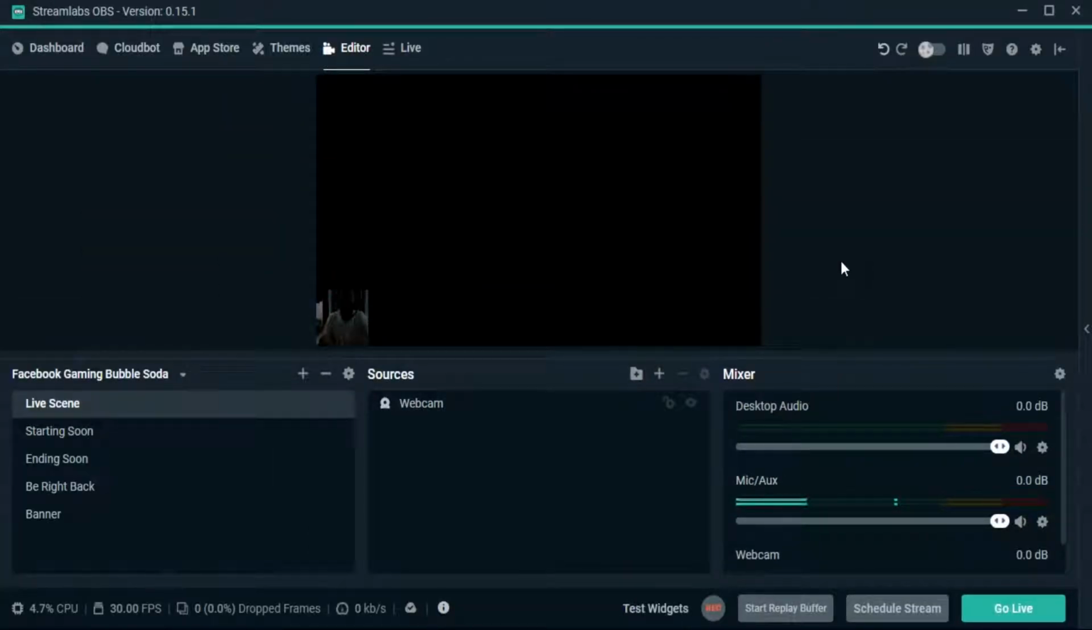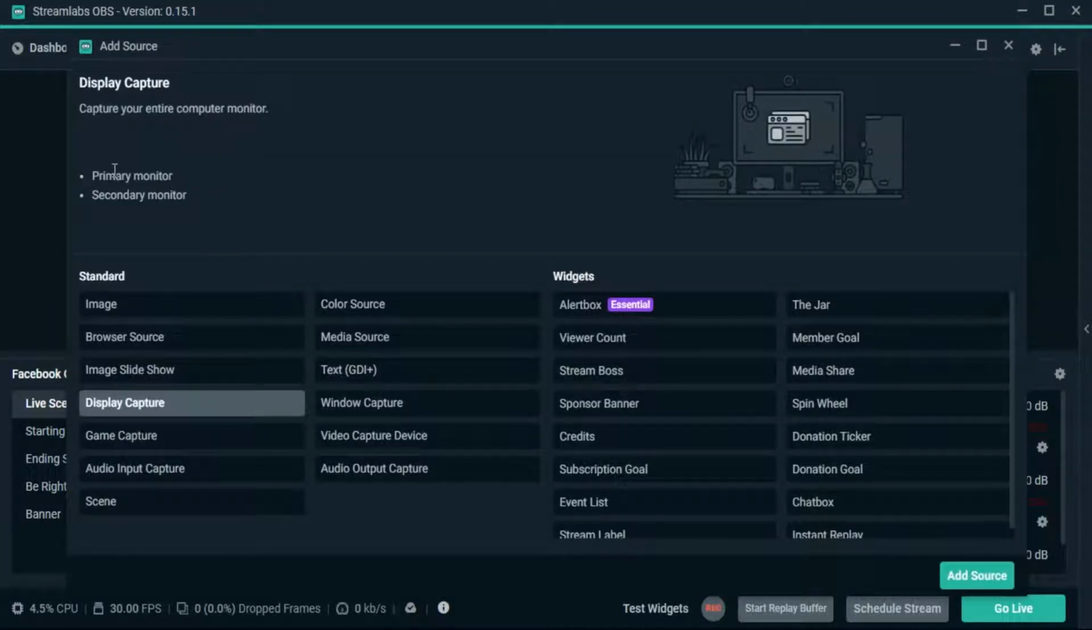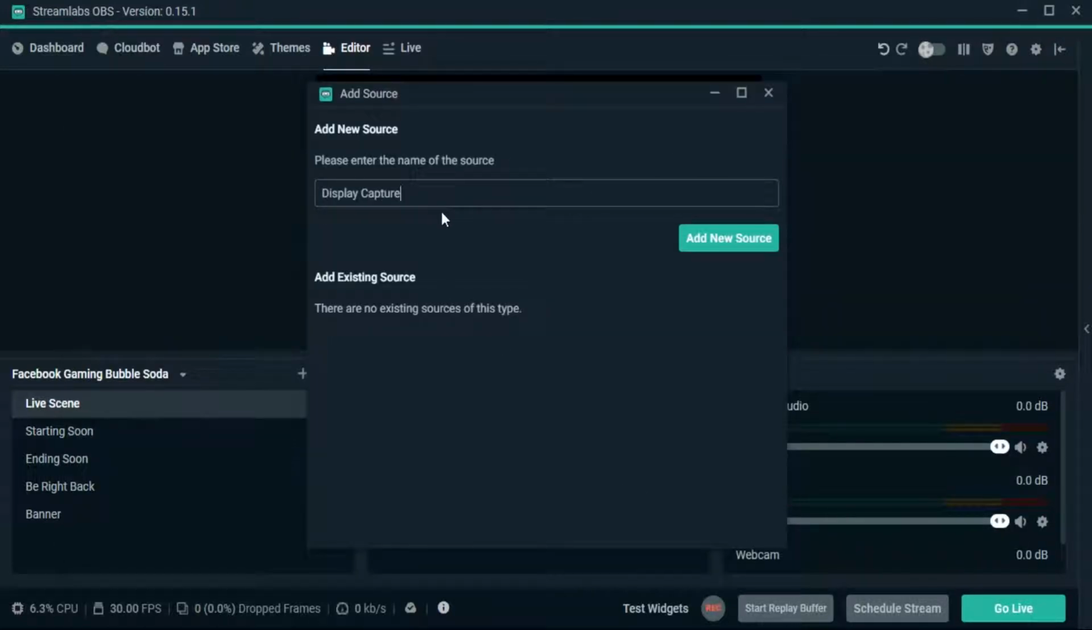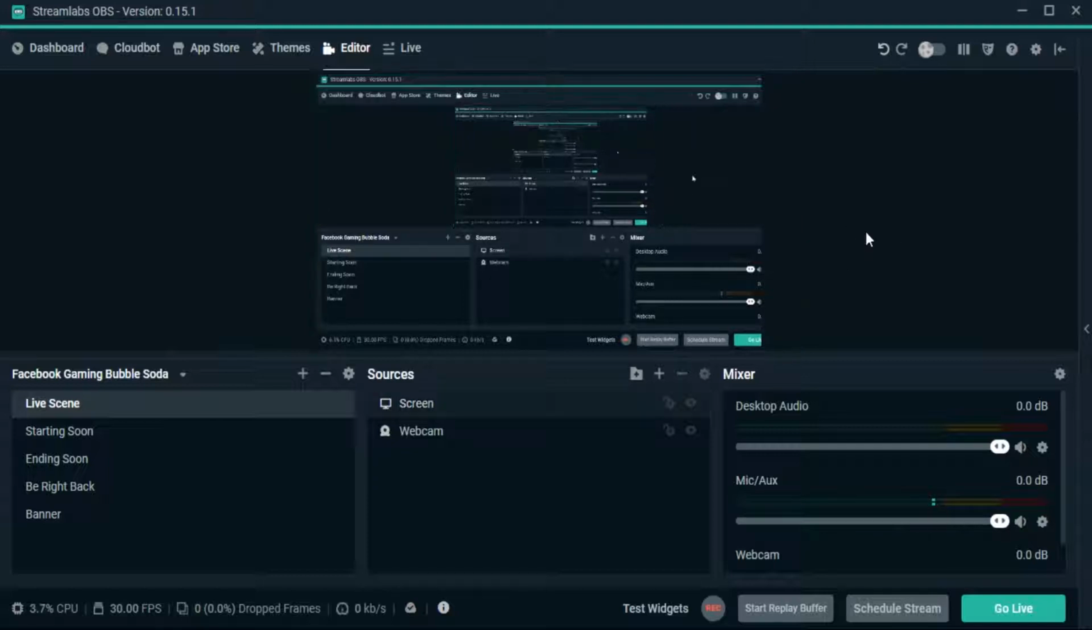Okay, and number two, you may not have a source for seeing your display capture, including primary monitor or secondary monitor. If yes, you can choose display capture and click add source. For example, you can give the name screen in here. Now you see,